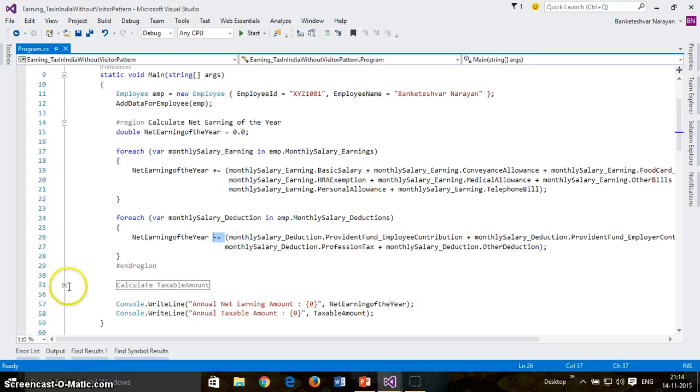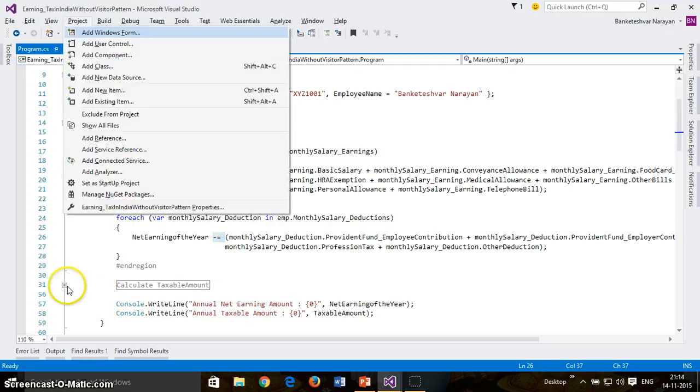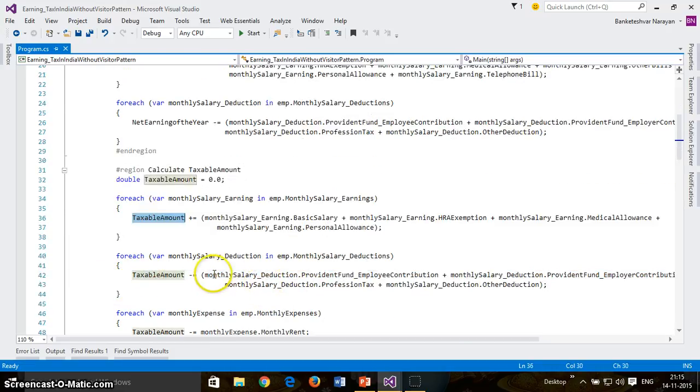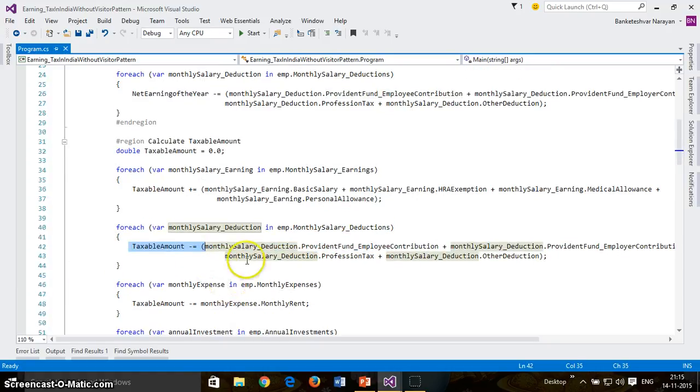Let's say that I need to calculate the taxable amount. Here I'm running a for each loop on monthly salary earning and adding all the components of monthly salary earnings to the taxable amount, and then deducting all the components of monthly salary deductions from the taxable amount, because these deductions are non-taxable.